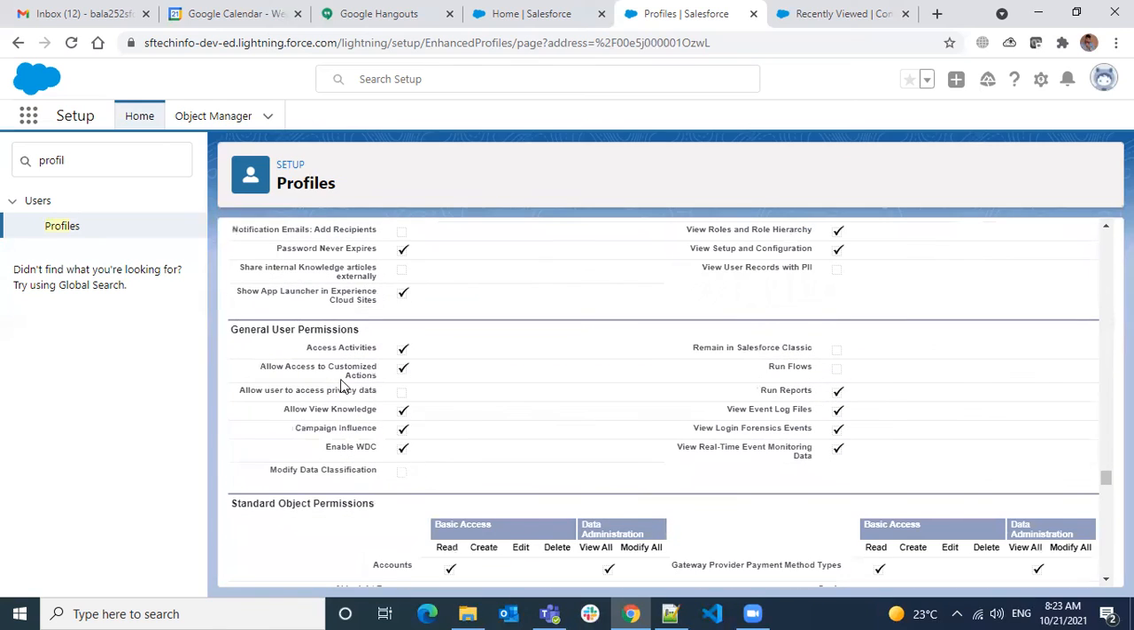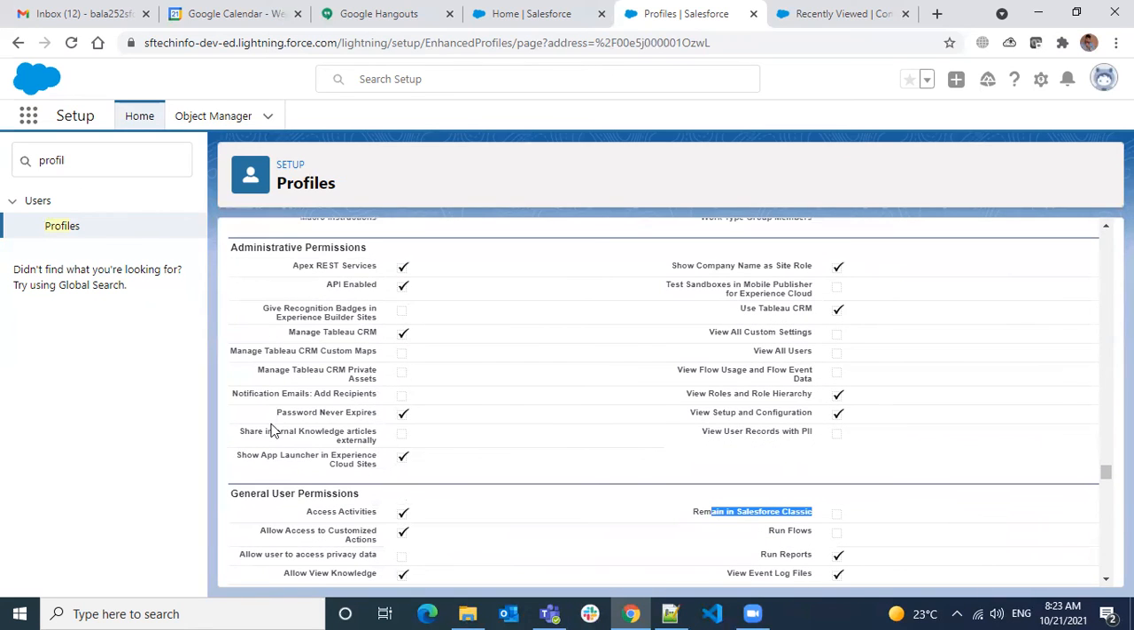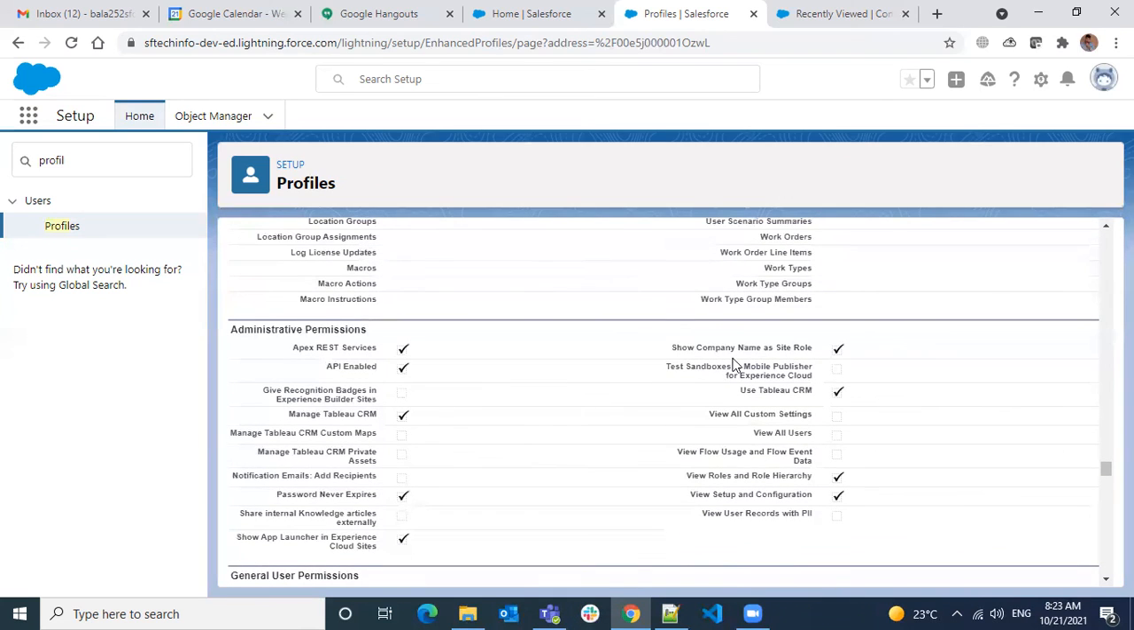And general user permissions: there are some features where you either have access or not. This is Lightning and Classic, which I need to cover. These are permissions where you control whether the logged-in user will have access or not. When it's checked, you have access. When it's unchecked, you don't have access. So what we'll do is at the end of the